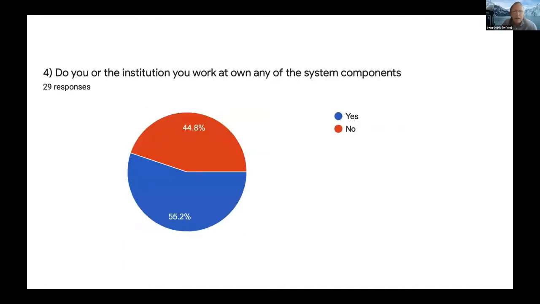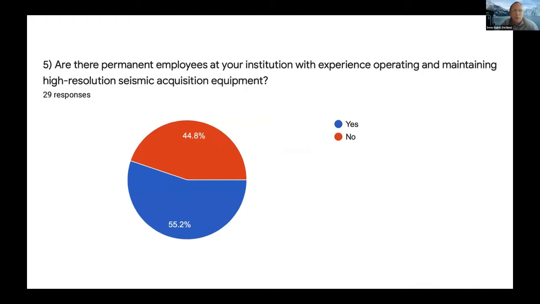Okay, and then also, does anybody own anything? Looks like a little bit close to half. I would actually be curious, we didn't subdivide this, but it might be interesting for the conversation: how many people maybe just own a CHIRP but don't own some of the seismic, or vice versa. And then it looks to me, if you own something, you have somebody that can help you operate it. Basically, those percentages are pretty much exactly the same. So that probably makes sense.